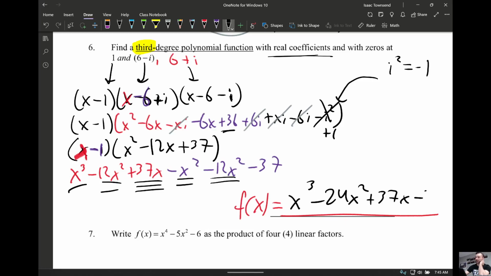It's 37 x's and a minus 37. Okay. I think that's okay, but